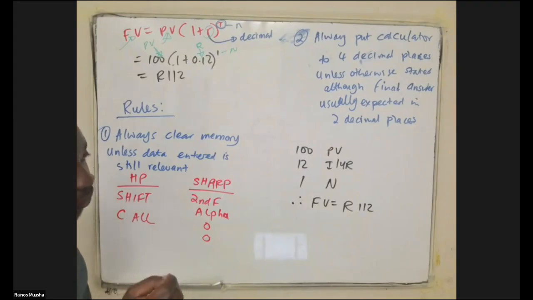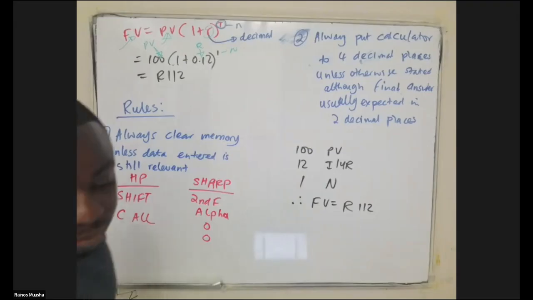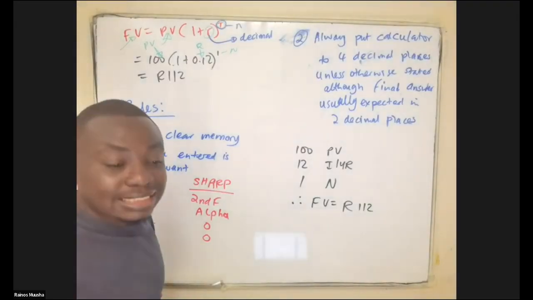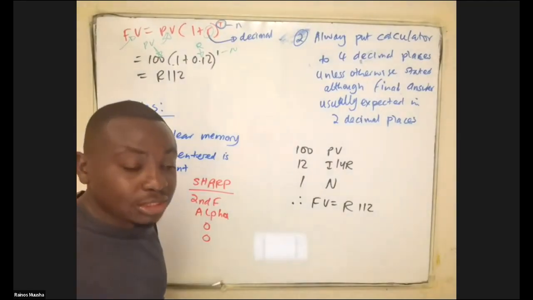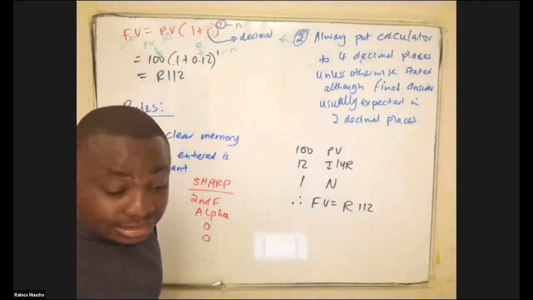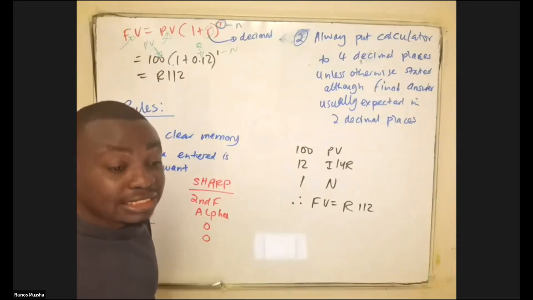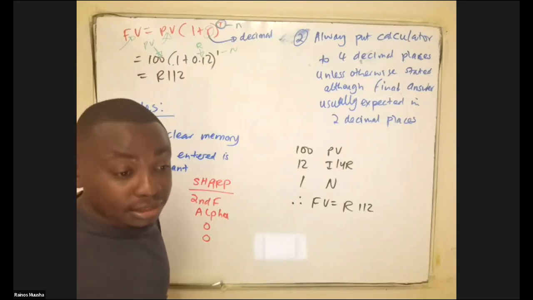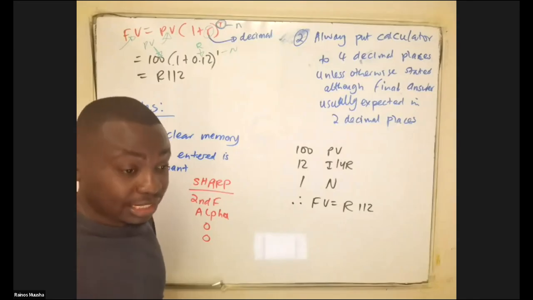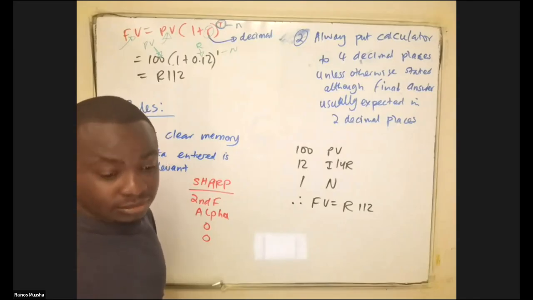Do you see that in the answers you're going to get, it's giving you a positive amount and also a negative amount. That negative amount that you're getting on your calculator, you always treat it as a positive amount, unless you're calculating the net present value. So unless you're calculating net present value, the sign of your answer doesn't matter. You always treat it as a positive amount, unless it asks you to calculate specifically net present value. That's when the sign of the answer is important.